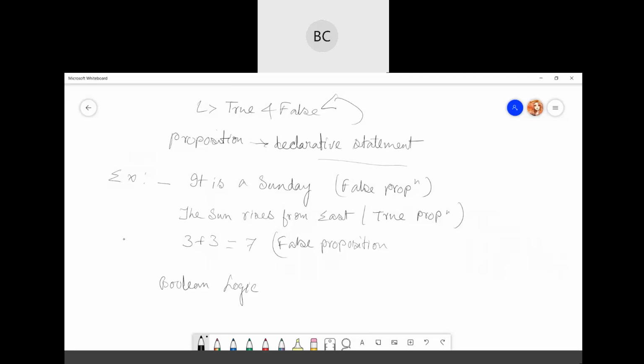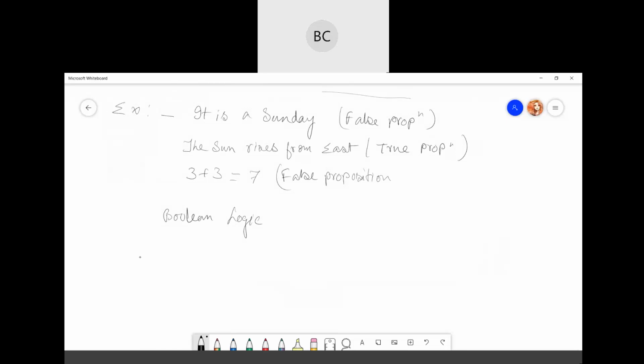Okay, so in propositional logic, we use symbolic variables to represent the logic, and we can use any symbols for that. Okay, these symbols can be anything.